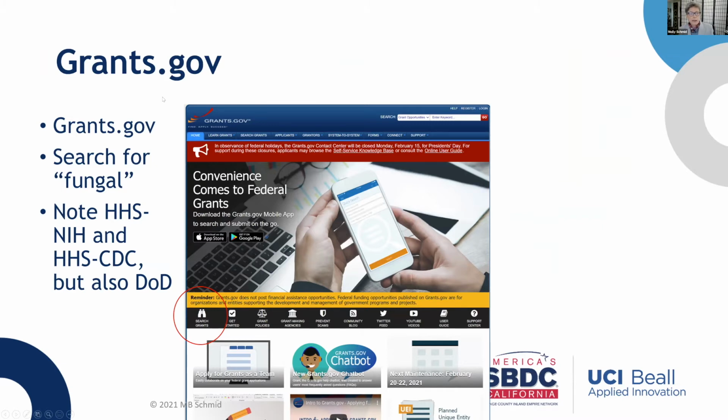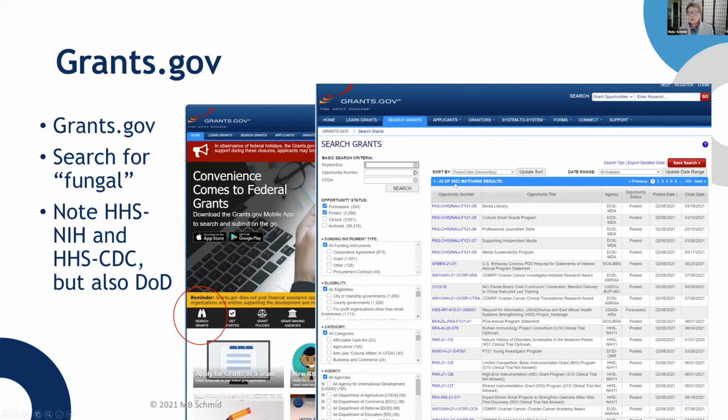If we go to grants.gov, and if we just search grants for the word fungal, I'll keep with the Smith article, we'll see that you come up with 262 matches, and it's a pretty broad range of things. If we again look for